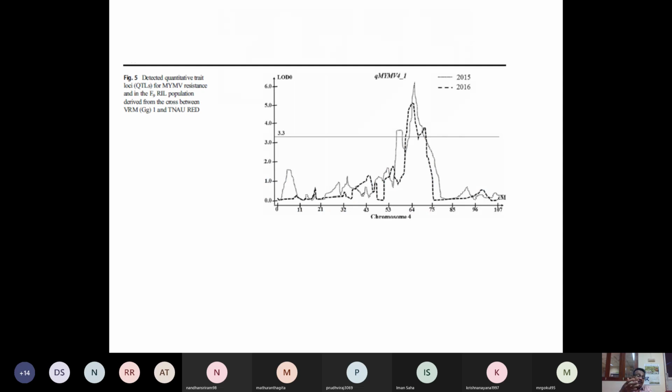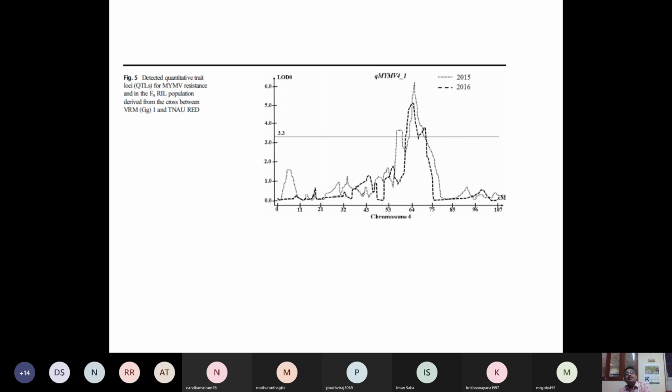One more thing: when you run the QTL analysis, when the skeleton map is ready and your phenotype data is ready, then you run QTL Cartographer. Finally you get the data, in the Excel format which I showed you, or you can also get it in picture format. When you look at the QTL graph, you have to look very carefully. What is the LOD score? In this case, the LOD is 3.3.